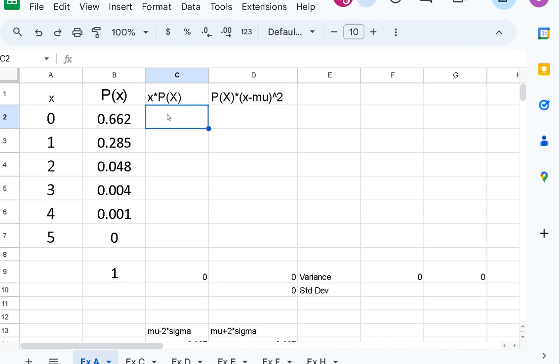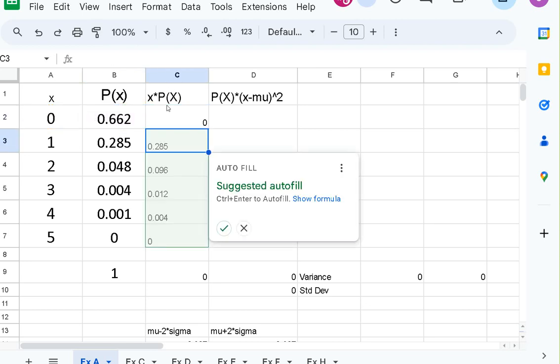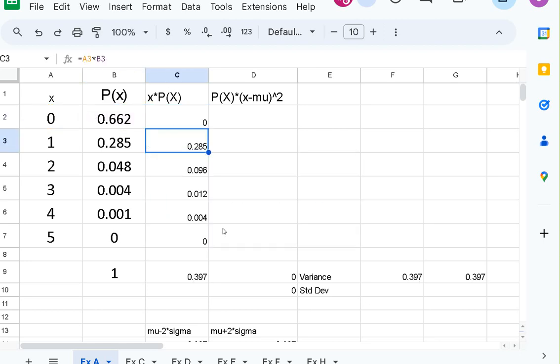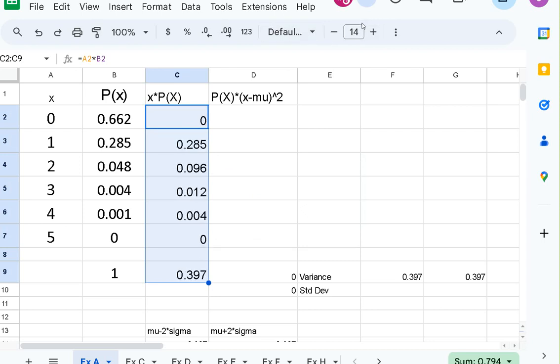So if I'm going to mimic that calculation, it should be equals here. And then I want this times, which is shift 8, and then the second column, which is this one. So A2 times B2. Autofill? Sure. And at the bottom, I've already got this set up so that it'll do the sum for you. You're going to have to do that yourself when you're working these things at home. Let's make that a little bit bigger. And one more.